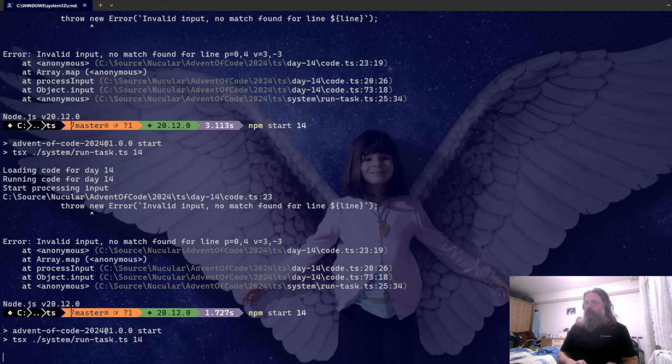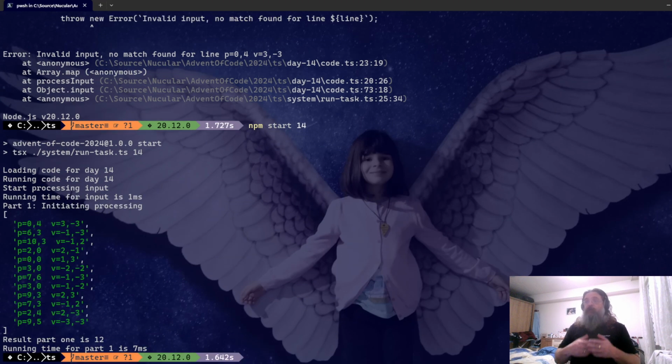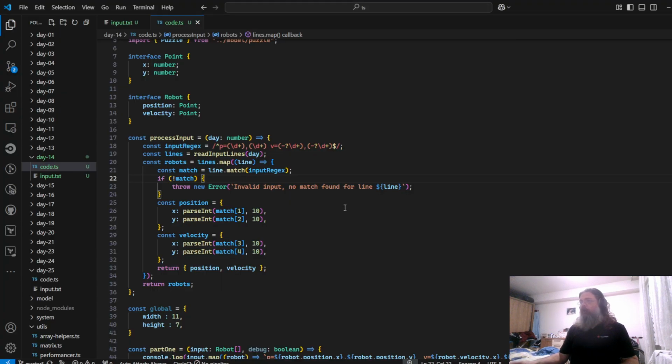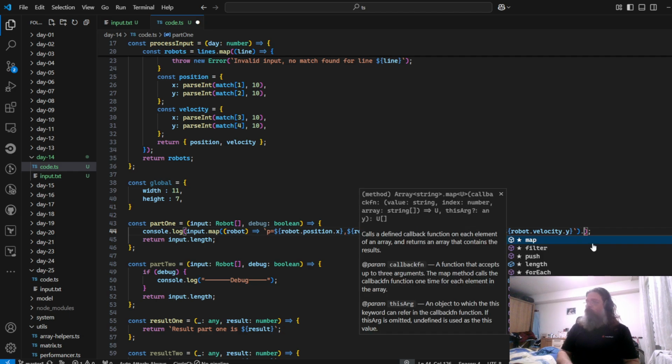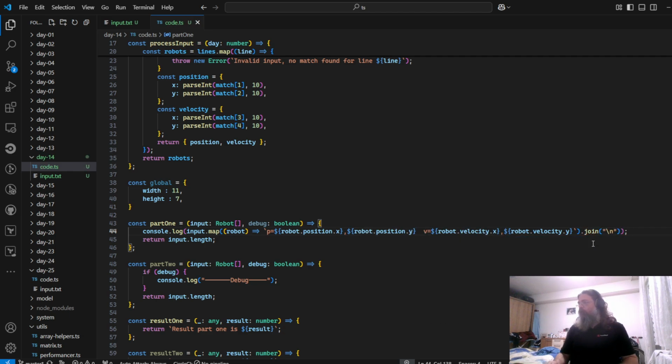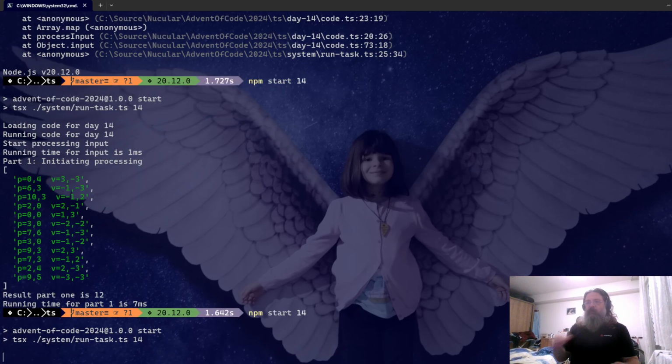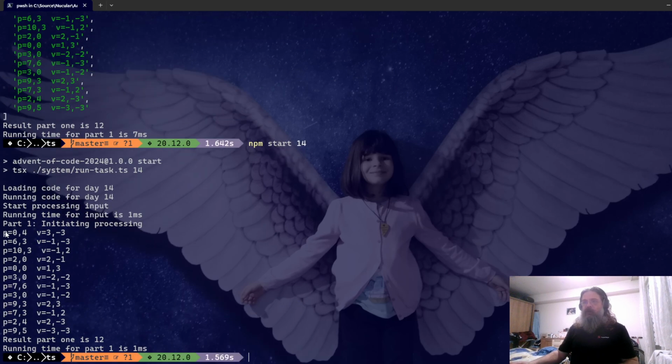Because we said throw if it matches. No, it should be throw if it doesn't match. That looks quite okay. Now I will add the join on a new line, because that will provide me with a single string, and then I will do this copy